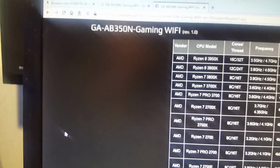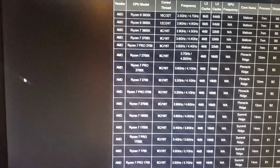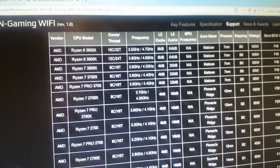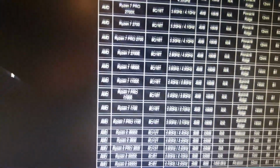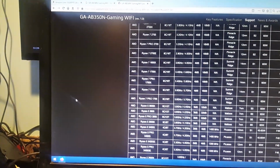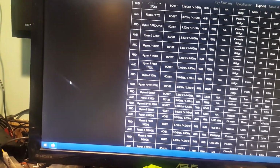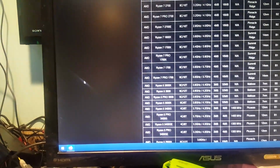Oh, and real quickly, before I add any more parts, and before I forget, the motherboard I'm using is the Gigabyte GA-AB350N-Gaming Wi-Fi Revision 1. Now, this board does support second generation Ryzen, like the Ryzen 3600, 3700, 3800, etc. That's if you have BIOS revision F40. Now, the one that shipped with this board was BIOS revision F30. So this board won't support that second generation right out of the box. You will need a different chip to flash the BIOS. Since mine came with BIOS...